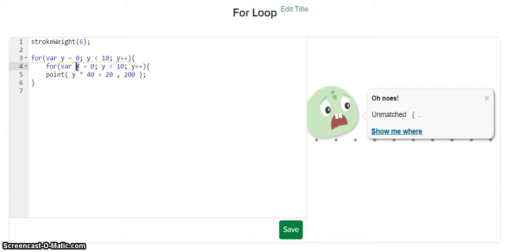So here, if I was using i, I would have to use j, but here I'm going to be using it for the x value. Okay, so I'm going to put in x here, x here, x here, okay, and then down here,